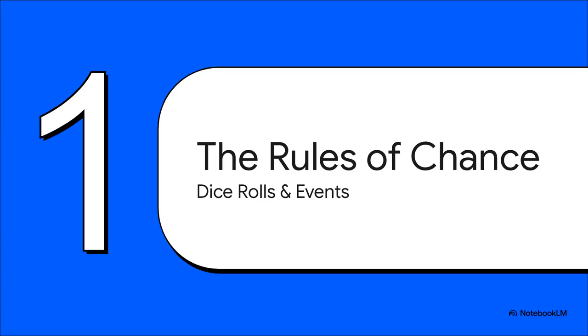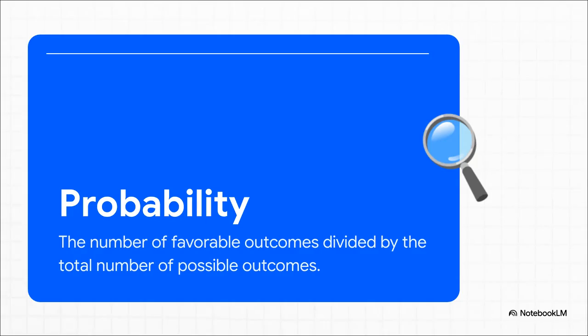Okay, Section 1, the rules of chance. We're starting right at the beginning here with probability. This is all about the mathematics of chance, kind of like the art of predicting the future, one outcome at a time. So, at its heart, probability has this super simple formula. Just think about rolling a regular six-sided die. You've got six possible outcomes, right? But only one of those is the number 5. So the probability of rolling a 5 is just one favorable outcome out of 6 total outcomes. Simple as that, a 1 in 6 shot.